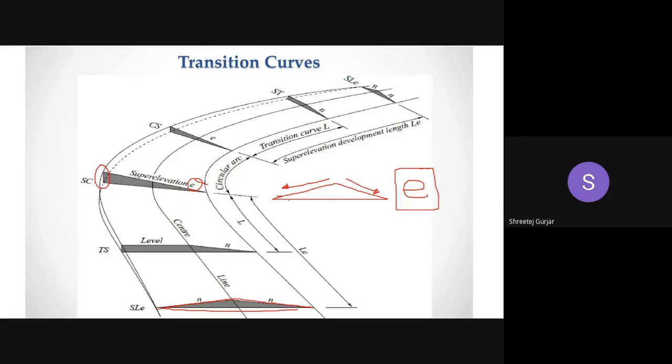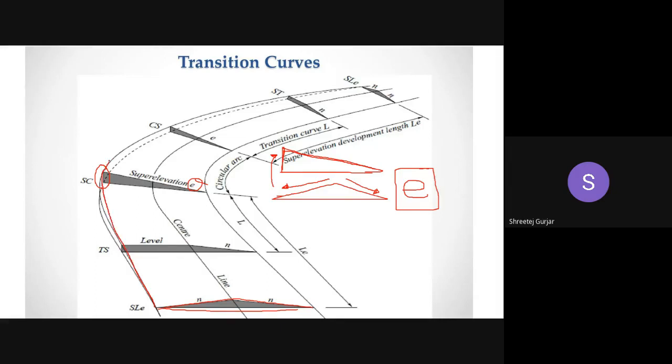And if you want to provide a super elevation, you have to raise the outer edge and keep the other edge the same, right? So this raising of the outer edge is nothing but the super elevation, what we call. We cannot directly go to this particular cross section, right? We have to slowly increase the outer edge height. So you can see it is being slowly increased like this, up to where we achieve the required super elevation.